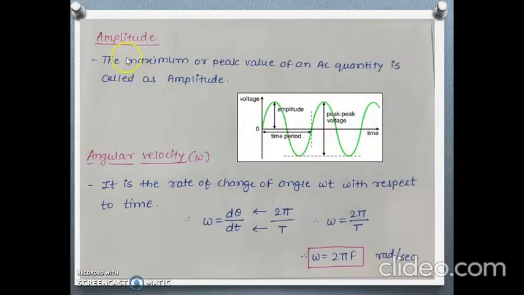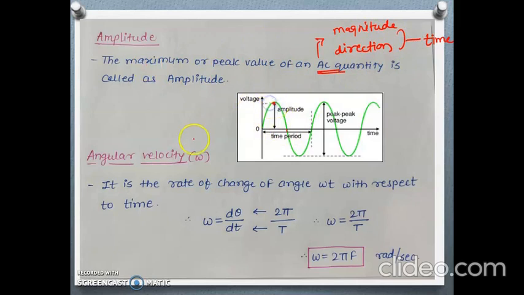Okay. Now, let's see here amplitude. The maximum or peak value of an AC quantity is called amplitude. We know that the AC quantity or alternating quantity changes its magnitude as well as direction, with respect to what? Time. It changes its magnitude as well as direction with respect to time. And when it is changing its magnitude, at one point it will be maximum, at one point it will be minimum, and the point